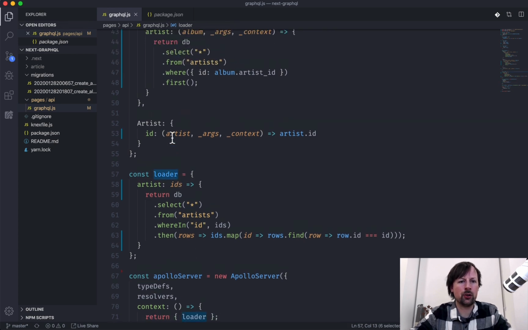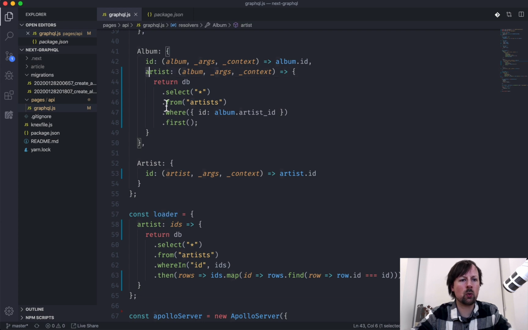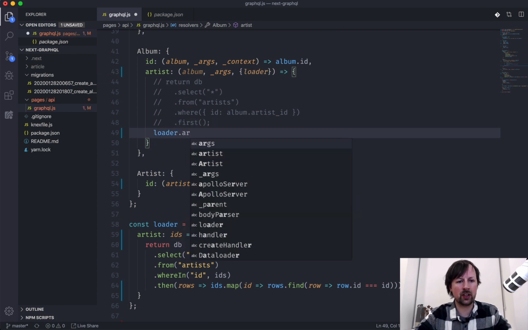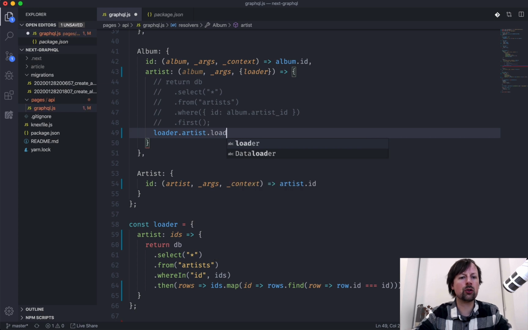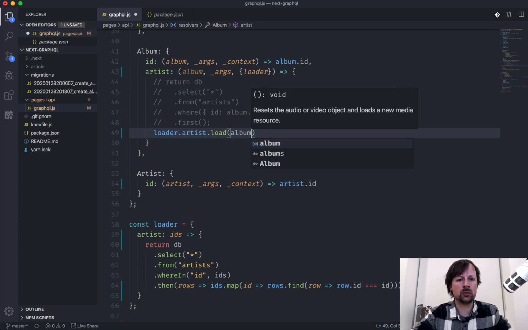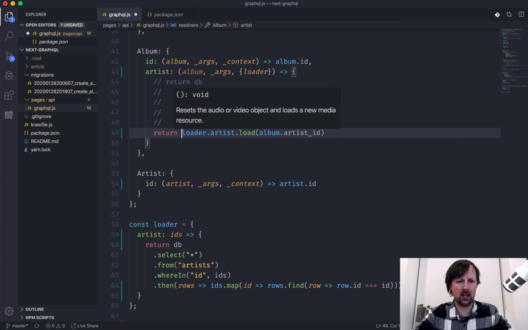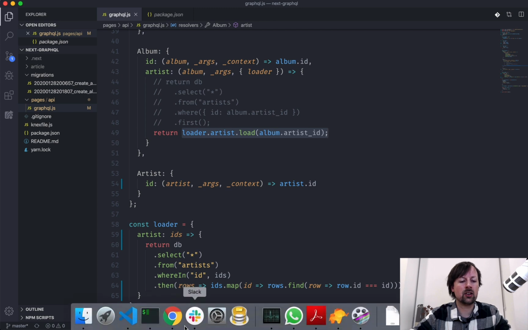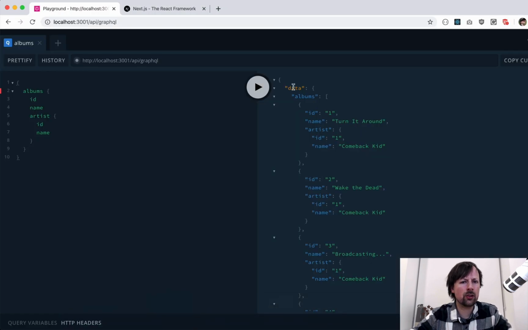What that will allow us to do is to come up here where we're resolving the artist and grab the loader from the context. And instead of querying each artist individually, we'll use the loader, specifically the artist loader, to load the album.artistID, and make sure to return this. So this will use our data loader to store up all the IDs, pool them, do a single query, and do things efficiently. So if we run this again,